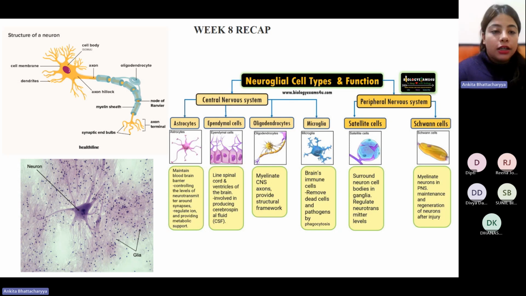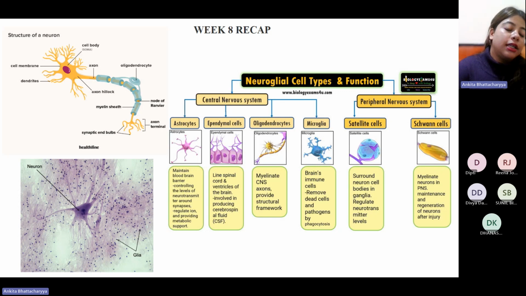So, of course, it has this peculiar and unique structure, where we see the cell body from which are emitting these branch-like structures. Those are dendrites. And within the cell body, we see the presence of the nucleus as well. That is followed by a long stretch, which is called the axon. And that axon terminates with branched ends, which are considered to be the axon terminal. These are the regions where you can find the formation of synapses with the next neuron.